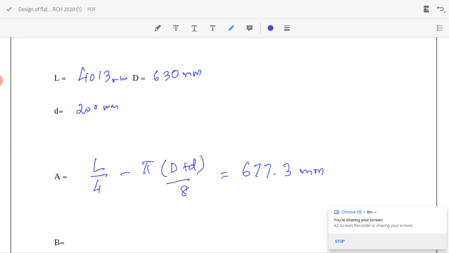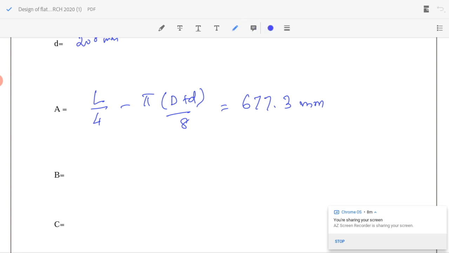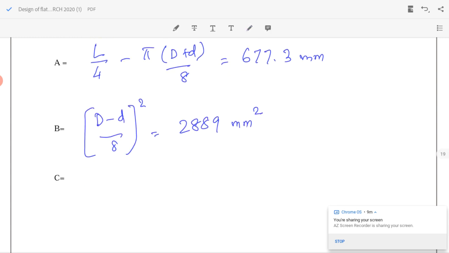Further, B equal to (D minus d) by 8 whole square equal to 2889 mm square, and C equal to 1352 mm. After substitution, you will get